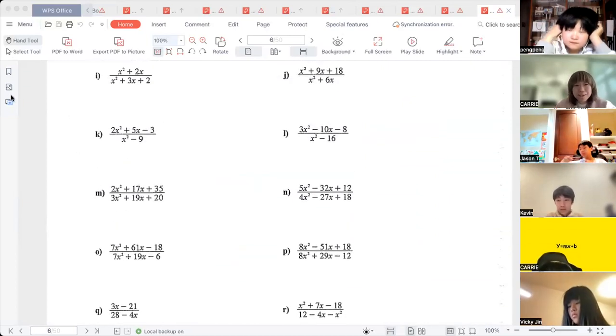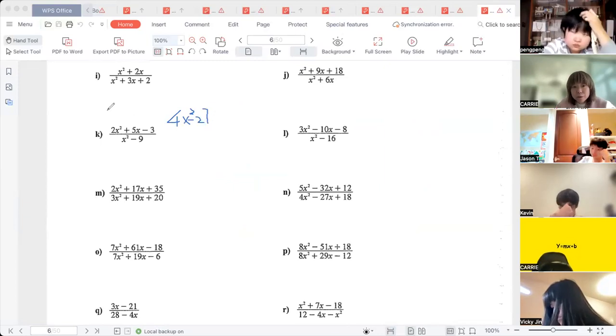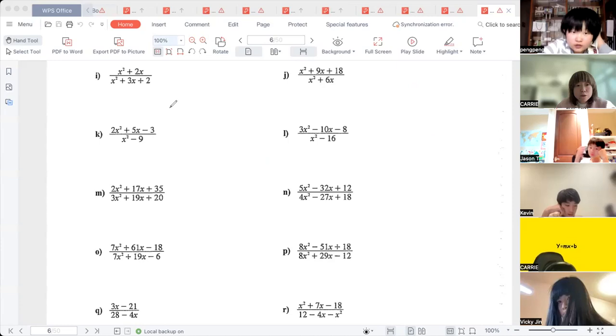Okay, so we do some practice, okay? So 4x squared minus 27x. 我弄个小一点的数字吧，OK，小一点的数字比较简单。